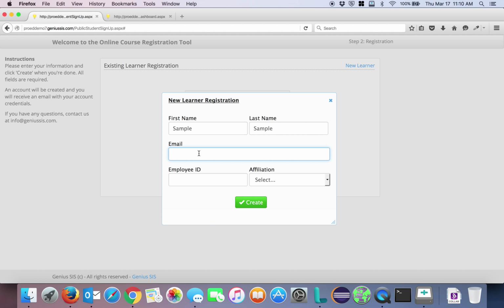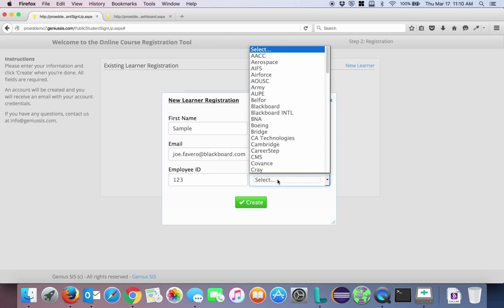We can collect information about the users, like their email address. We can add or remove different properties here. So if you have other types of information, demographic information, or information that you need, maybe an association member ID, all of that information can be added or removed from these forms. We can also have things like